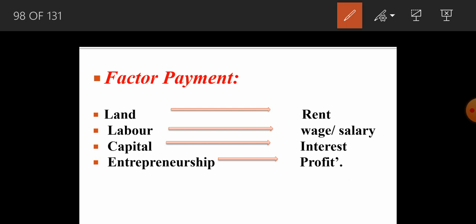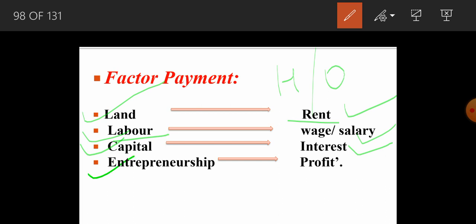Now we were talking about factor payments, right? If as a household or as an owner you are giving your land, then definitely in return you will receive rent. If you are providing your labor, then definitely you will be provided with maybe wages or salaries. If you are giving your capital, then you expect in return what? Interest? Yes, very good. So you will receive interest in place of it. And if you have provided your entrepreneur skills, then definitely